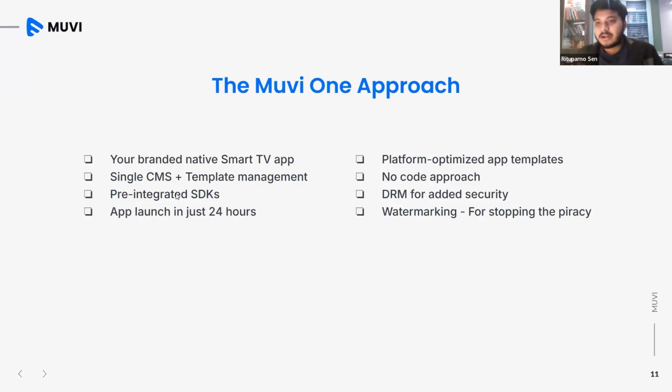Now, coming to the main part, you have developed something, but you need to integrate the SDKs also. Our philosophy is to cover 100% of the use cases, but we take small steps, quality steps, all the time. Pre-integrated SDKs is that quality step.